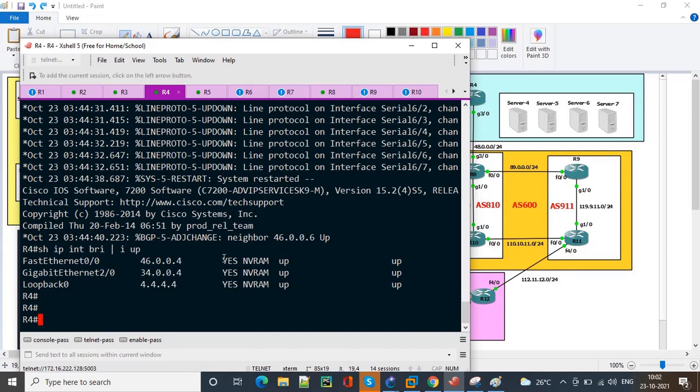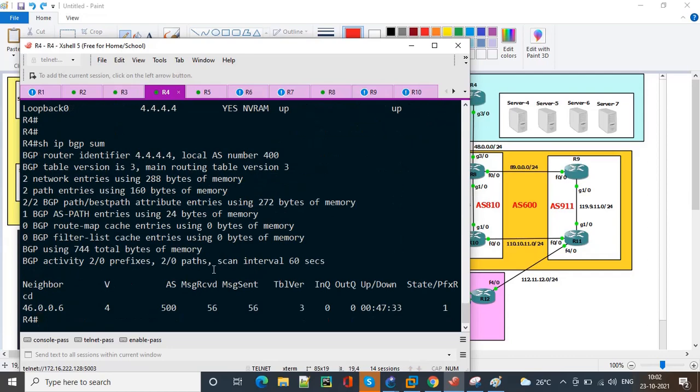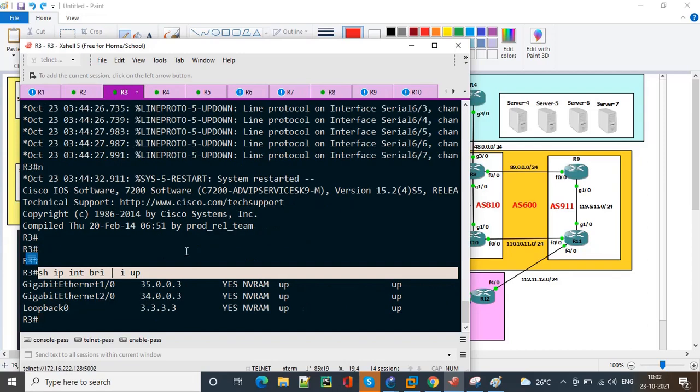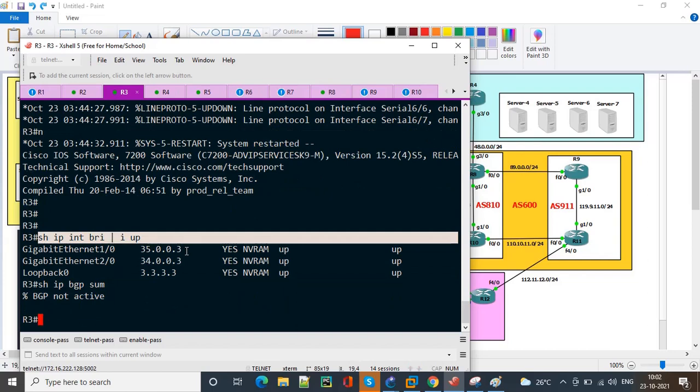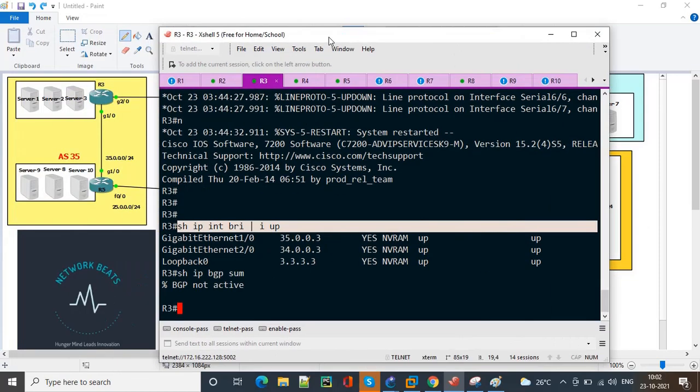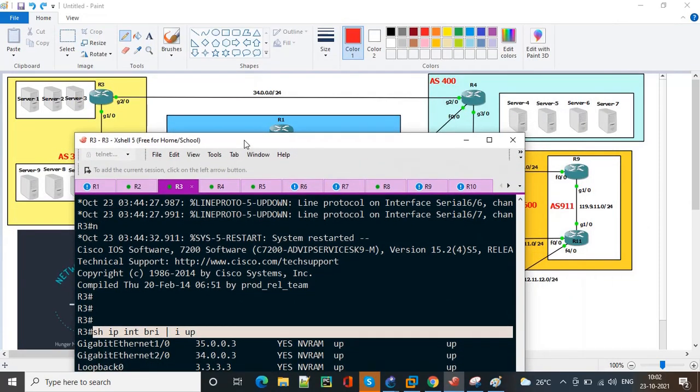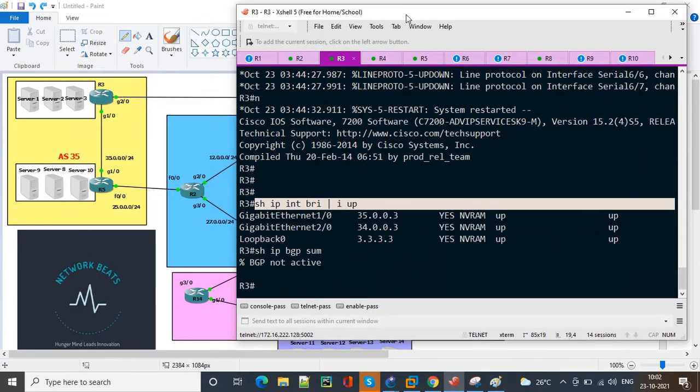This is the configuration I have. Show ip bgp summary. Currently I do not have any neighborship with R3, only with R6. Same here, show ip bgp summary. Obviously if we are not having anything on the other end, then we will not be having anything here as well. Okay, and let's start with the configuration.